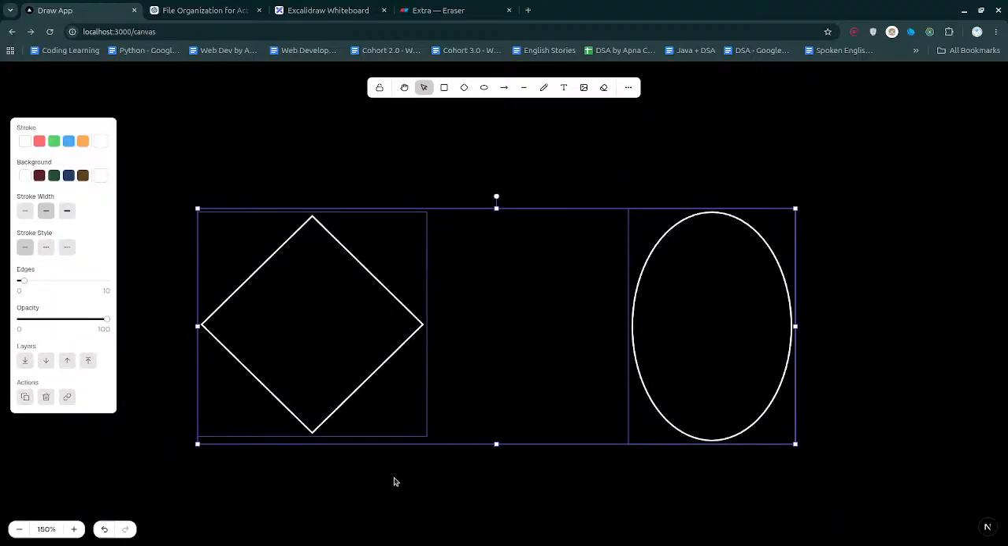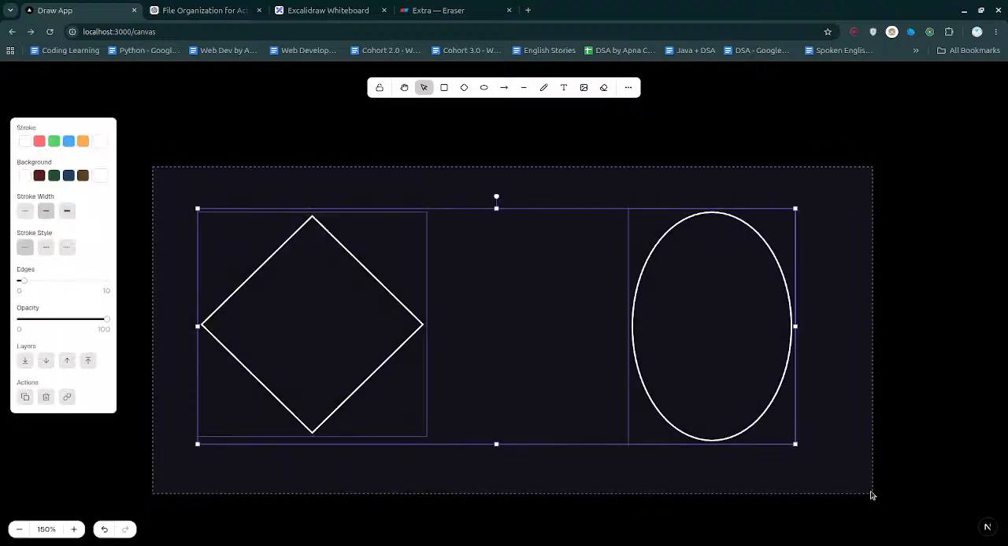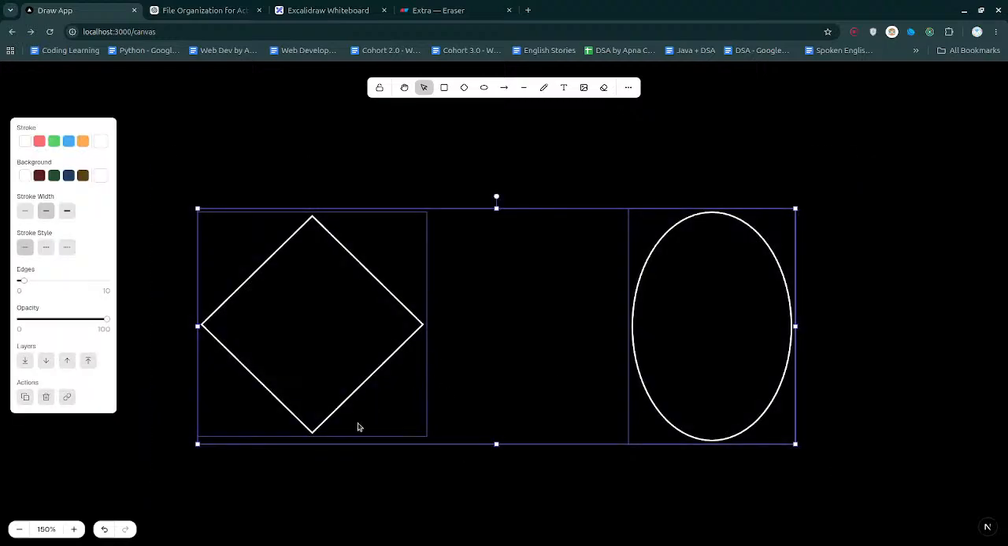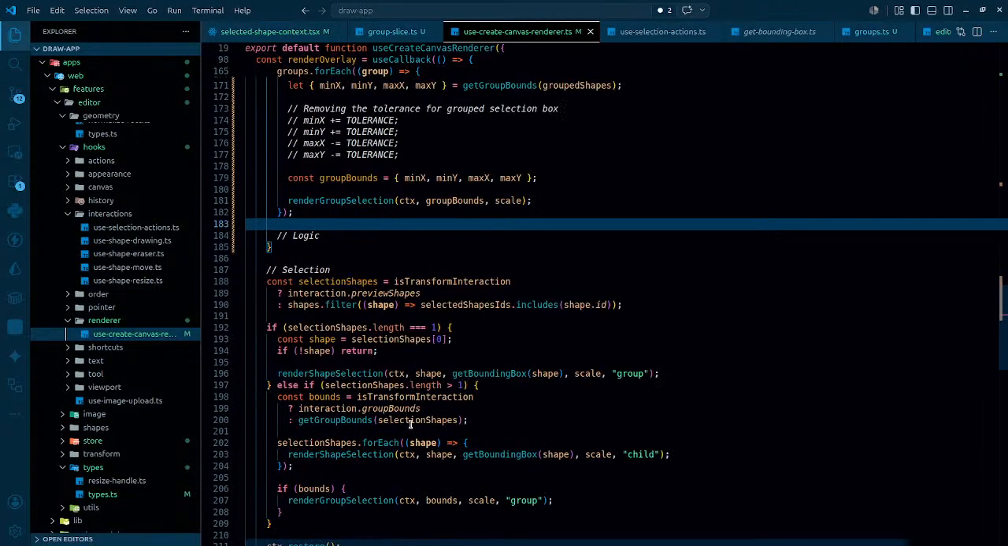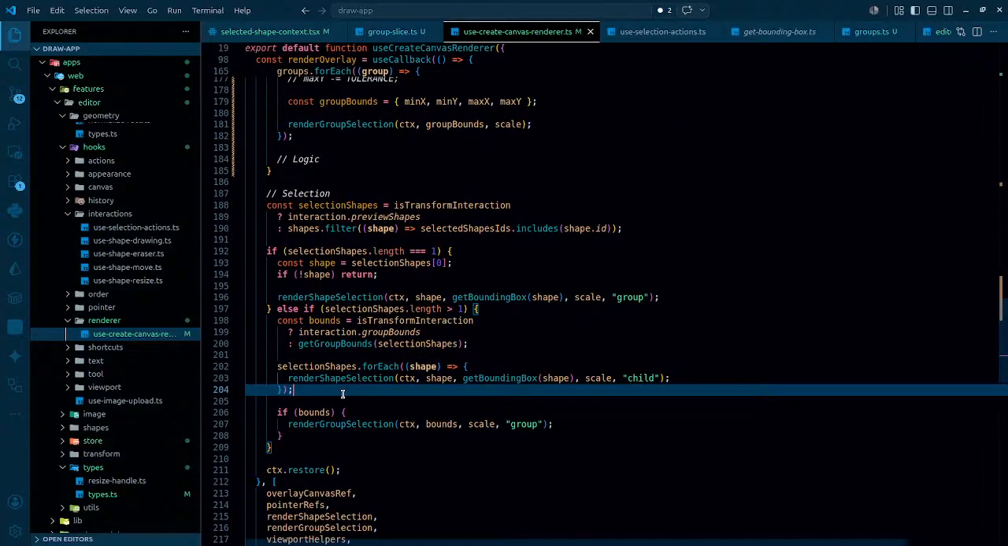This is what is happening right now, that even if a shape is a part of a group, it's still visible, right? So we have to stop it from happening. How can we stop it? Whenever I select and I come to this particular section,